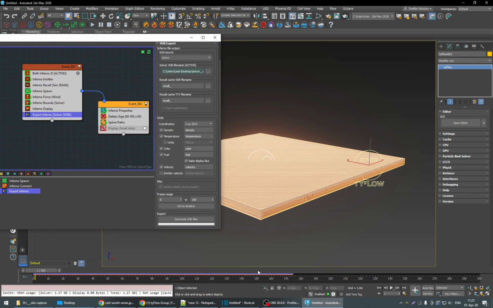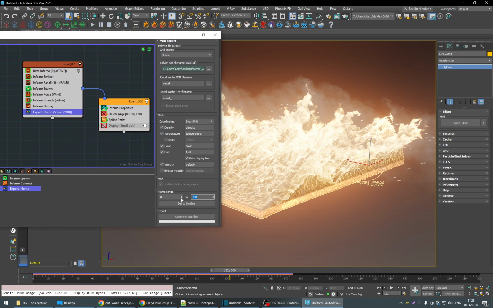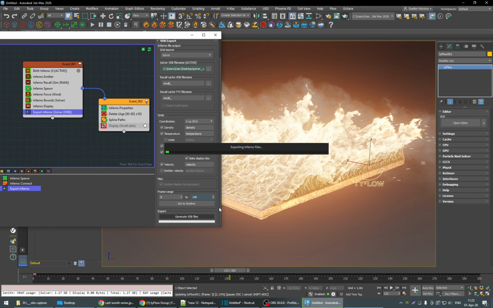And which frame was I gonna use? Was it 132? Alright, so I'm gonna tell it to just export from 0 to 140. Gonna write out the VDBs, and they're only gonna contain the fire data,